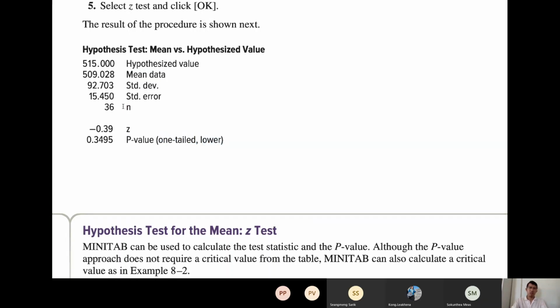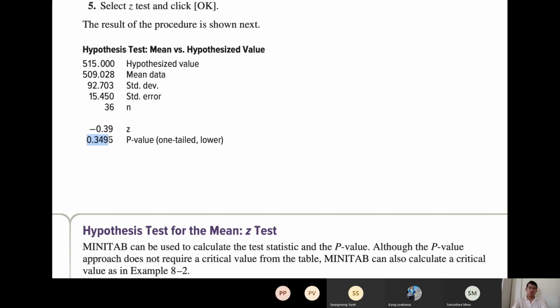Okay, and you don't find the critical value here, right? You cannot find the critical value, so you see only the p-value. So if you want the significant level to be 0.1, in this case the p-value is greater than the significant level. So you have to